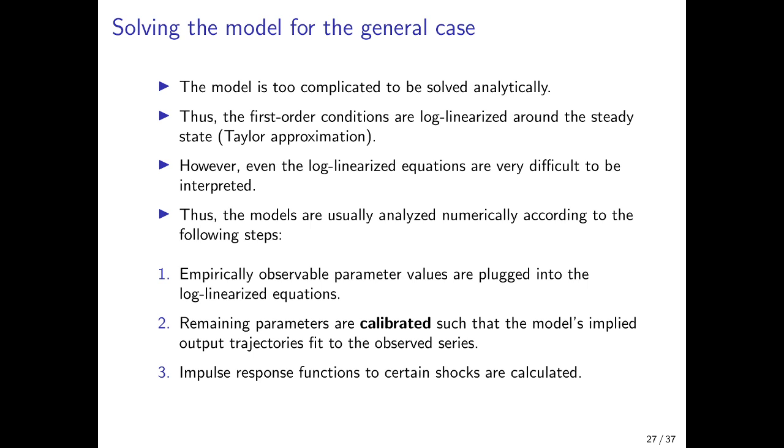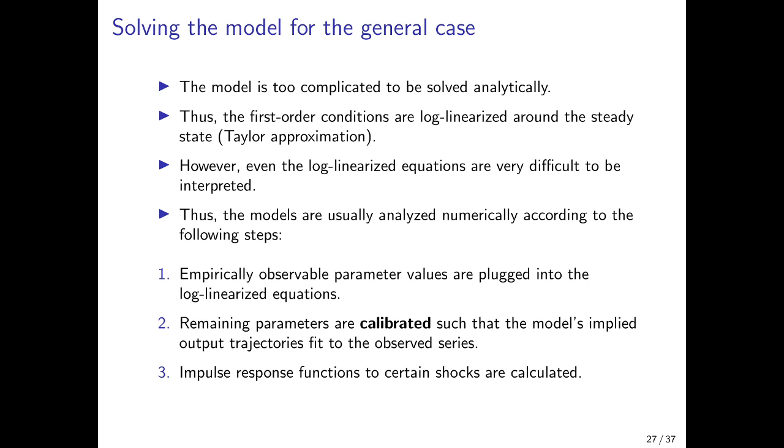And calibration means that these remaining parameters are adjusted in a way that the numerical output trajectories that the model implies fit the observed series in reality. And by this way, one can find out whether certain calibrated parameters are at least in a reasonable range. So we know a reasonable range for the elasticity of intertemporal substitution. And if the calibrated parameter is outside of this reasonable range, we would think that something in the model is not yet well specified. If such calibrated parameters, however, are in a reasonable range, then these models can be used